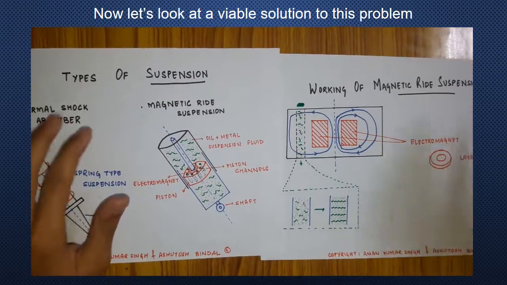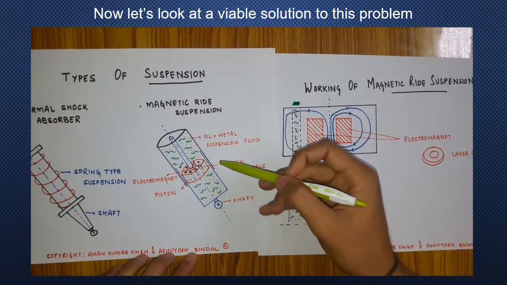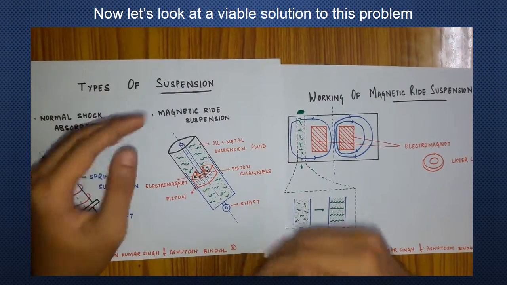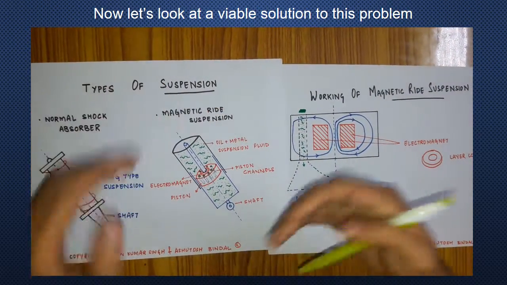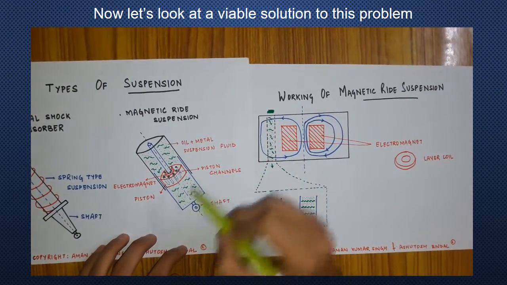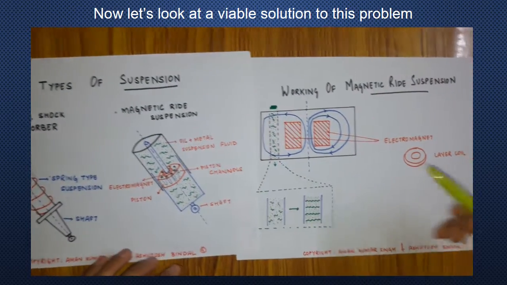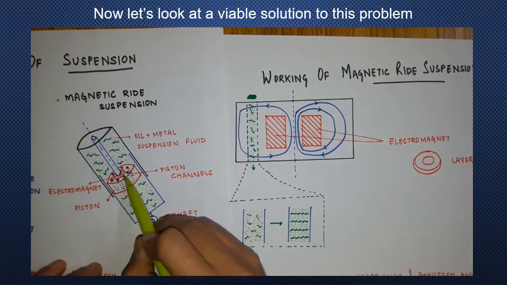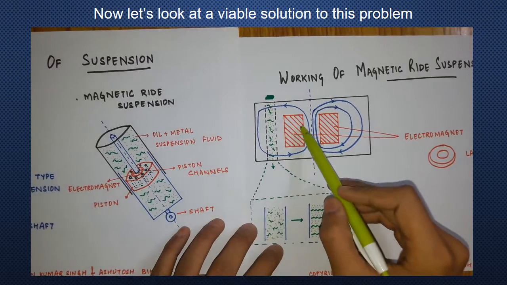Now, when no voltage is applied and the vehicle experiences a jerk, these two cylinders come towards each other and the fluid from one chamber can easily flow to the other without any interference. But when we apply certain voltage through this rod to the electromagnet, what essentially happens is